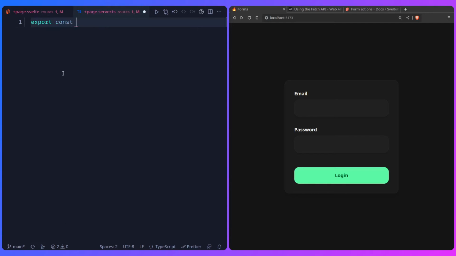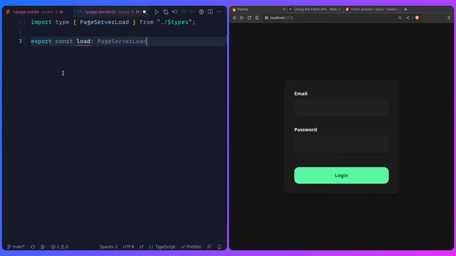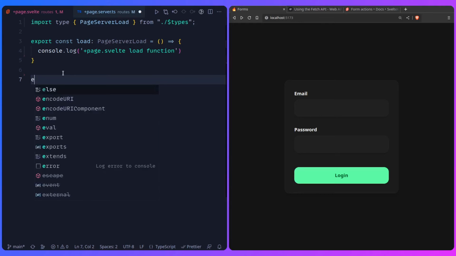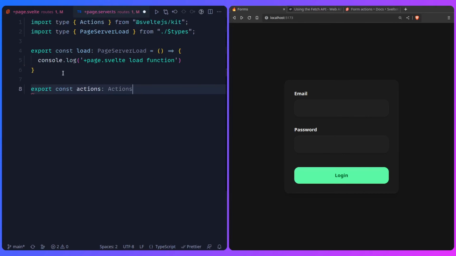So I can say export const load, and this is going to be PageServerLoad. And we're not going to do anything here, but I'm just going to console log out page svelte load function, and that's going to be it. So I'm going to define some form action. So I can say export const actions, and this is of type Actions. And now we can use a default one here, but we can use a named action. So I can say login